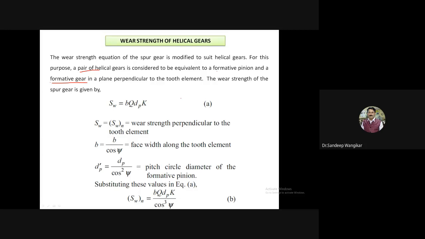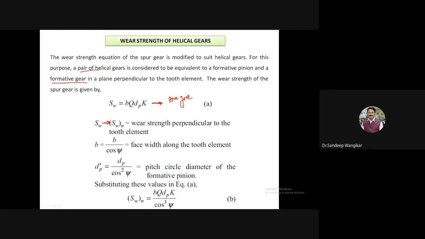Now we have this formula for spur gear also. Sw is equal to B Q dp into K, B Q dp into K. This is the formula for spur gear, whatever we have discussed is taken from spur gear. Now, as we want to apply it for helical gear, this Sw will be replaced by Swn,